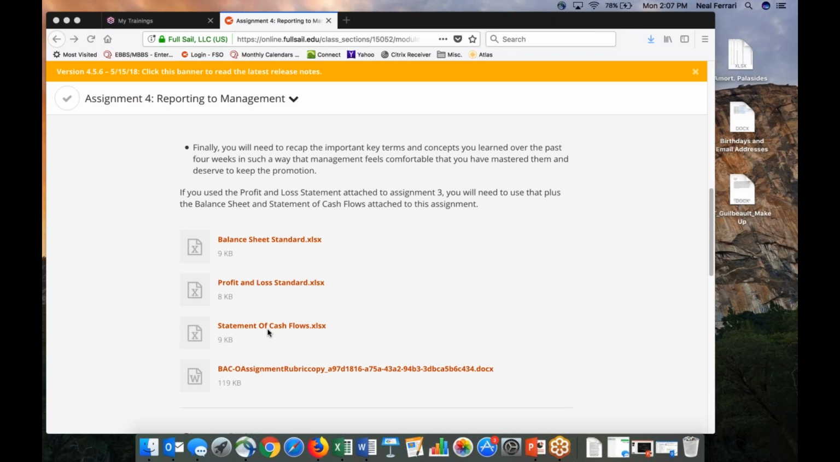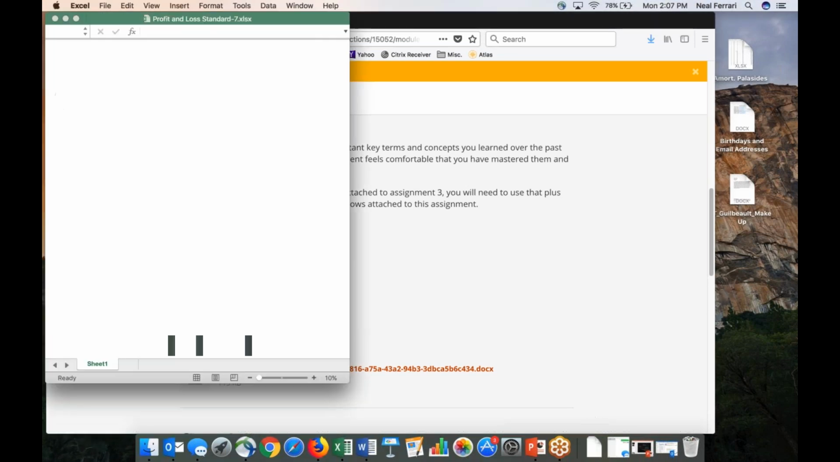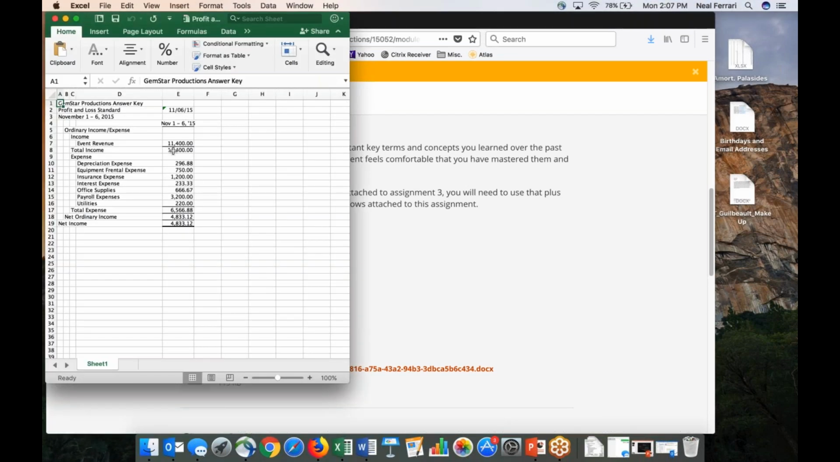And you can always use these. They're in Excel format, so feel free to utilize these in your presentation if you so desire. If you're going to use the profit and loss standard that's here, when you open it up, you're going to see it has the actual numbers from assignment 2, but there's no column for budget. So if you're going to use this, you're going to have to go ahead and recreate your budget